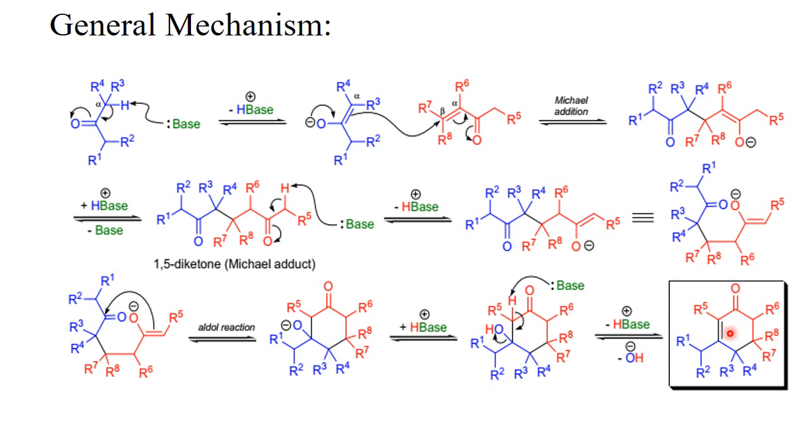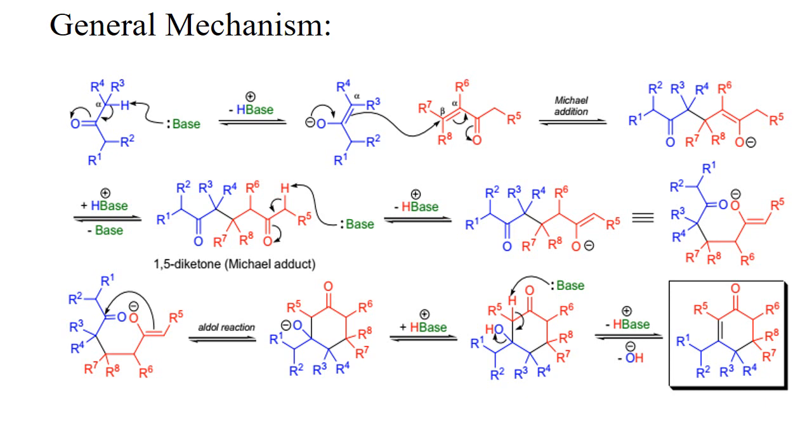The reaction of 1,5-diketone to beta hydroxyketone is called intramolecular aldol reaction, and the last step is the dehydration step. In this step alpha proton is abstracted by a base which pushes the hydroxyl group to leave. As a result, a molecule of water is removed and the product is alpha beta unsaturated carbonyl compound. So we can say one acyclic alpha beta unsaturated carbonyl compound is converted to the cyclic alpha beta unsaturated carbonyl compound in the presence of base.